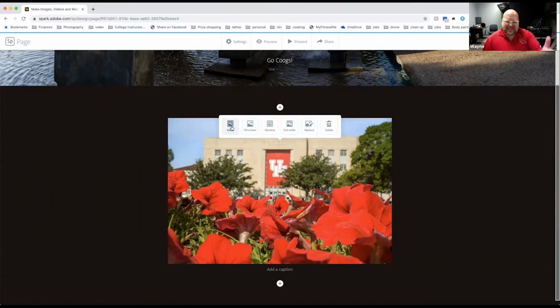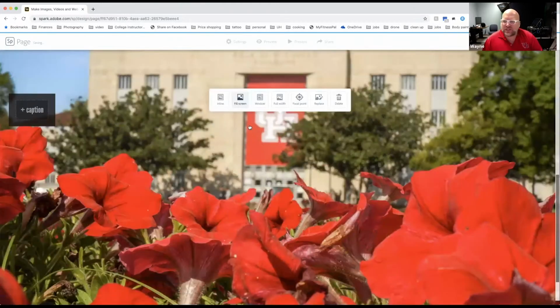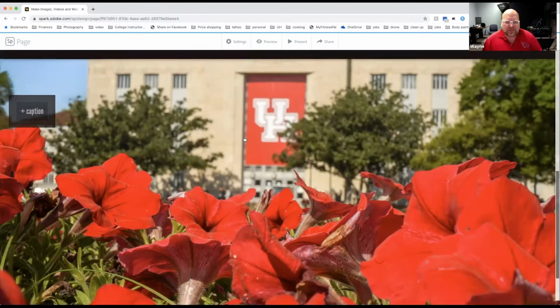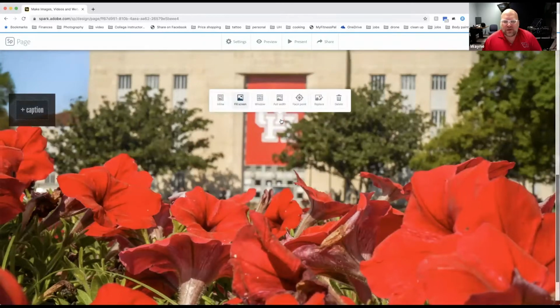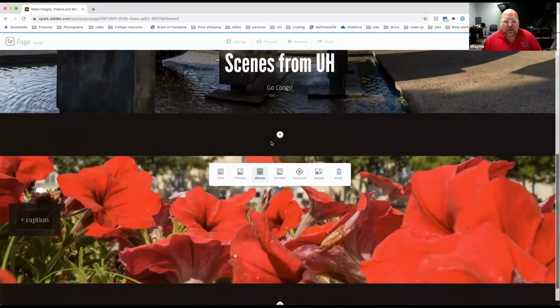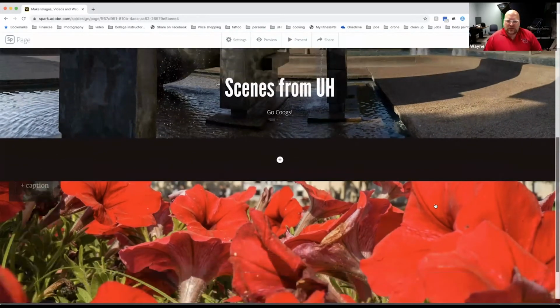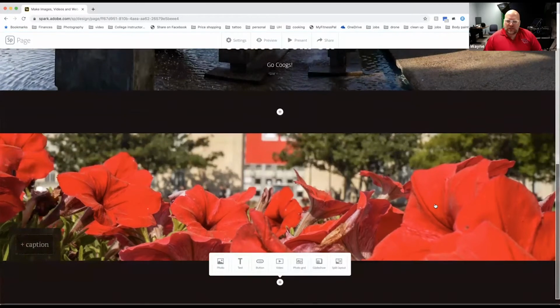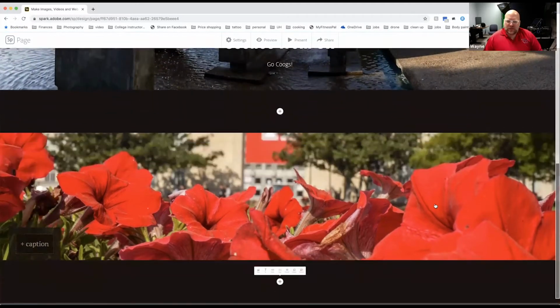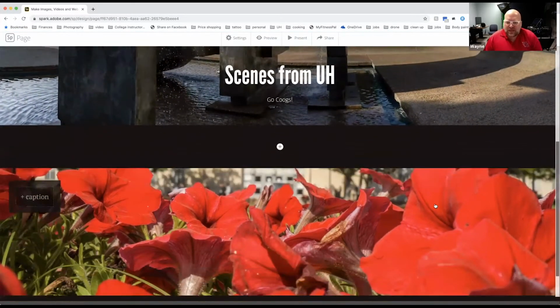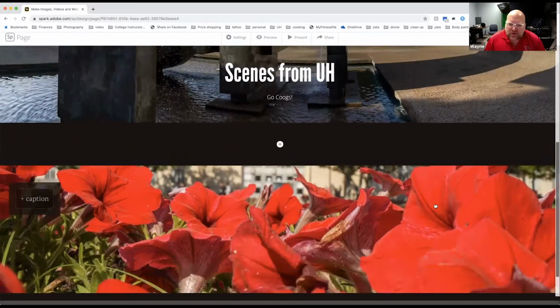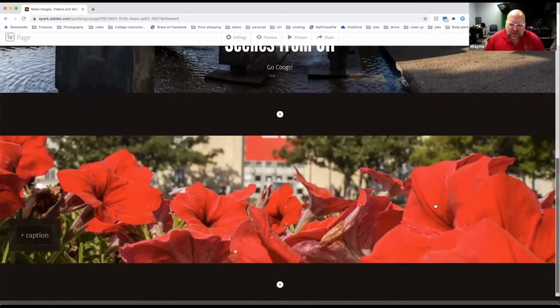Right now, it's just in line inside the body of the website, but I can also choose to just fill the screen, which is awfully nice, depending on how big that picture is. And if you notice, if I do that, it gives me an option to throw a caption here on the left. I can make it a window. I really like the window because as you scroll, it just creates a window and just scrolls through your picture. It's a very nice animated way to look through photographs on a website,